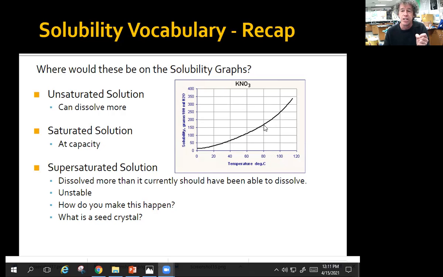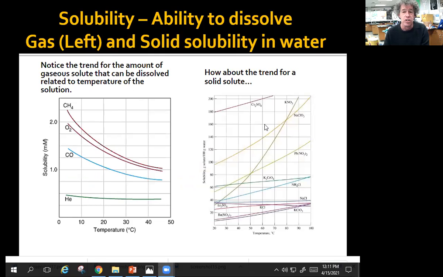Okay? And then a supersaturated solution is generally formed by heating a substance up, dissolving lots in it, and then cooling it down so that there's more there than dissolved. And then if you have what's known as a seed crystal, if you put a tiny speck of the crystal in there, that provides something for the solute to adhere to, and all of a sudden you'll get a crystal. And you go back down to saturated, and you'll get a crystal within the container. Okay, so just to show trends here, with solids, you tend to see an increase in solubility as temperature goes up. In contrast, with gases, you tend to see solubility